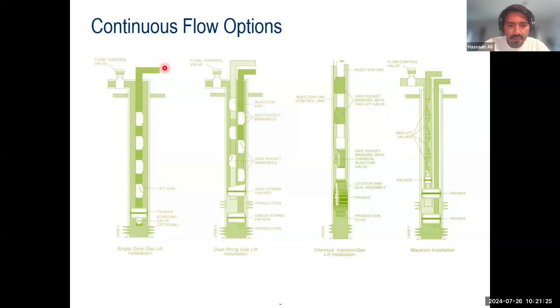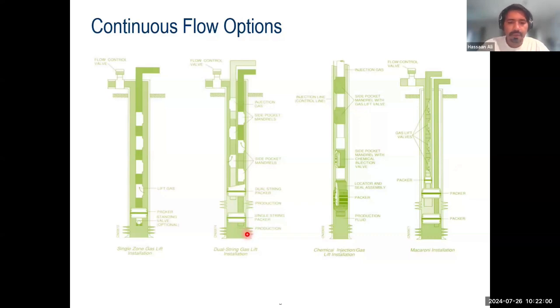The dual zone gas lift installation is essentially two tubing strings in a single casing, and they have two packers. Essentially what we are trying to do is produce from two zones, and you don't want these two zones to commingle for different reasons. It could be because of the pressure differential. It could be because you want to keep the production streams separate from one zone to another. It could be that one zone is producing too much water and you want to isolate that zone,